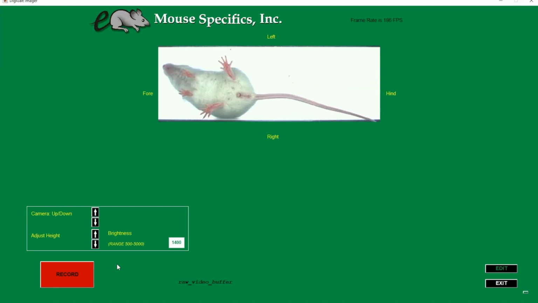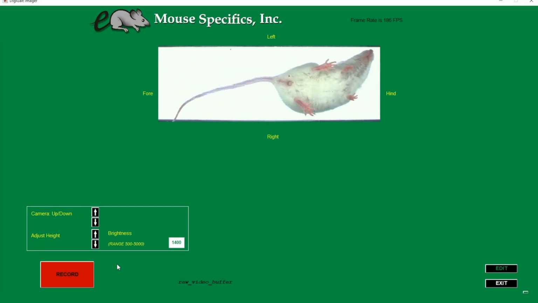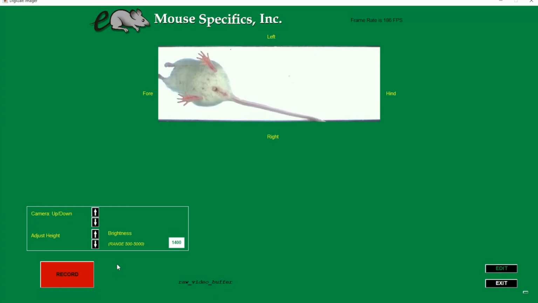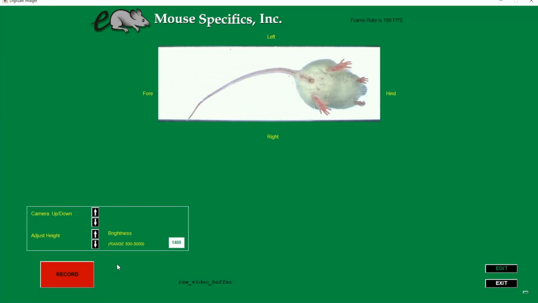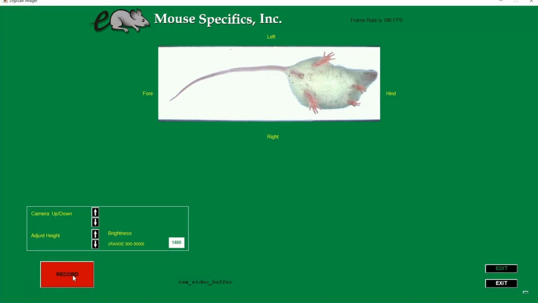Before beginning data capture, make sure the speed is properly set on your DigiGait treadmill. The DigiGait treadmill allows us to control for speed across our experiments and is adjustable anywhere from 0 to 99 centimeters per second. When you're ready to begin capturing data, click on the record button and then turn the treadmill